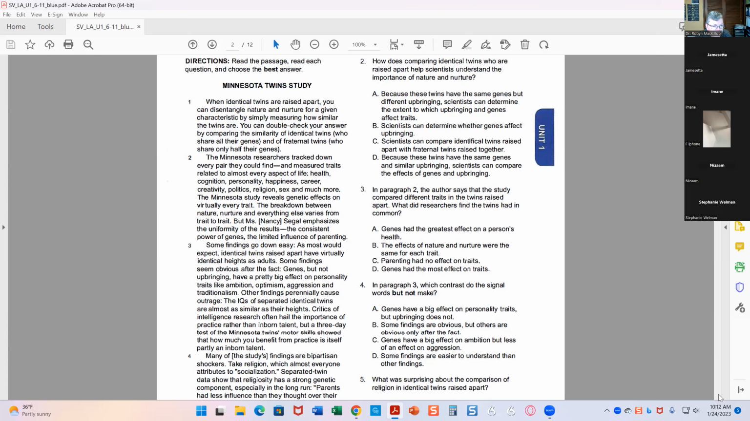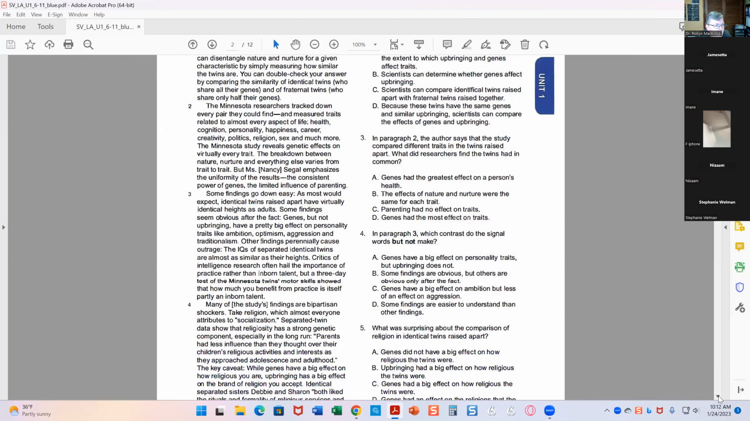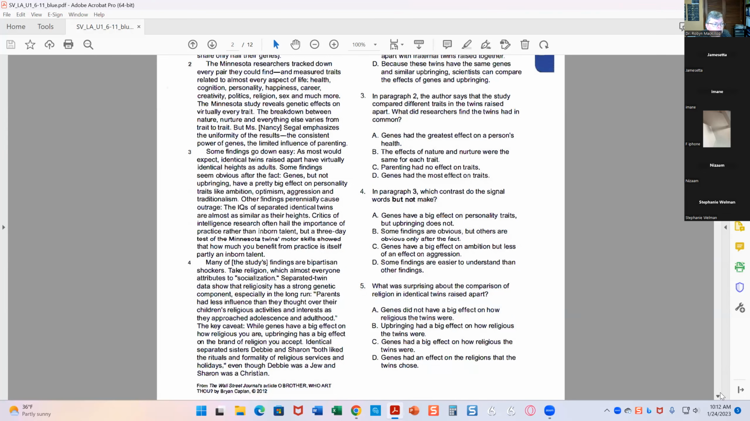Paragraph 4. Let me bring this down a little bit. Many of the study's findings are bipartisan shockers. Take religion, where almost everyone attributes to socialization. Separated twin data shows that religiosity has a strong genetic component, especially in the long run. Parents had less influence than they thought over their children's religious activities and interests as they approached adolescence and adulthood. The key caveat, while genes have a big effect on how religious you are, upbringing has a big effect on the brand of